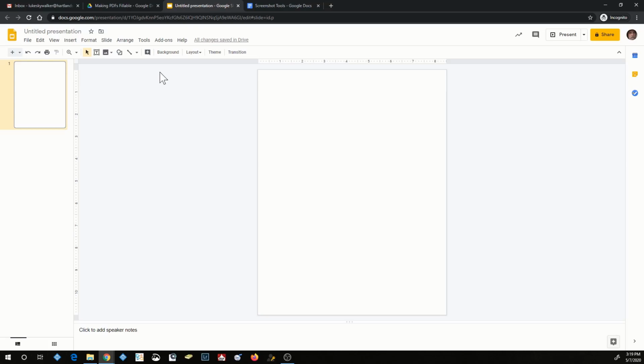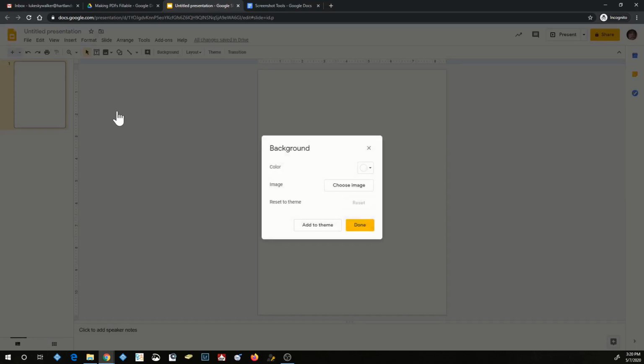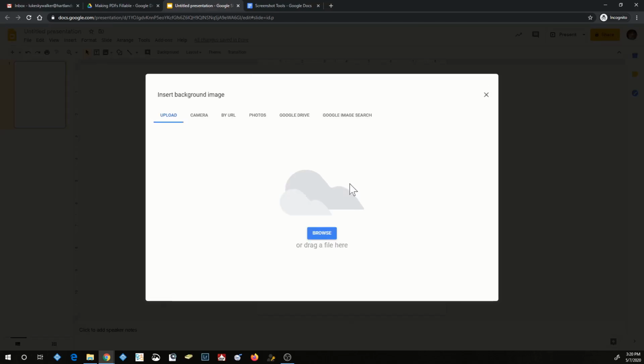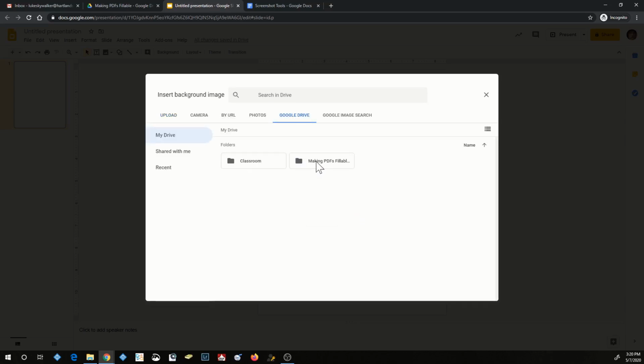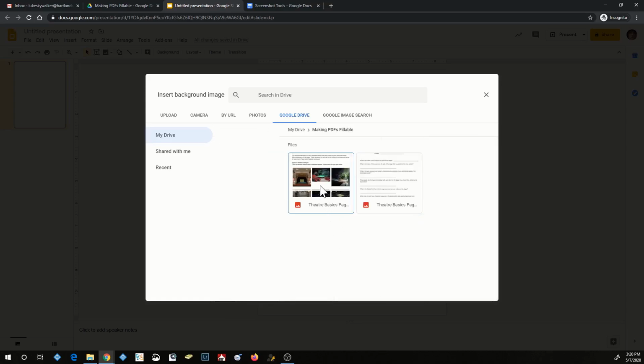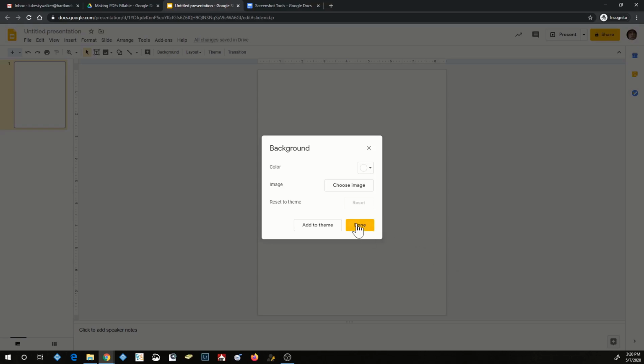Rather than having a white background, I'm going to insert a new background in this first page of my slide presentation. So I'm going to say slide, change background, and I'm going to choose an image, and I'm going to go into my Google Drive, into the folder where I stored those two images of my PDFs, and I'm going to choose page 1. This is page 1. I click on it, and I click Insert, and then I'm going to click